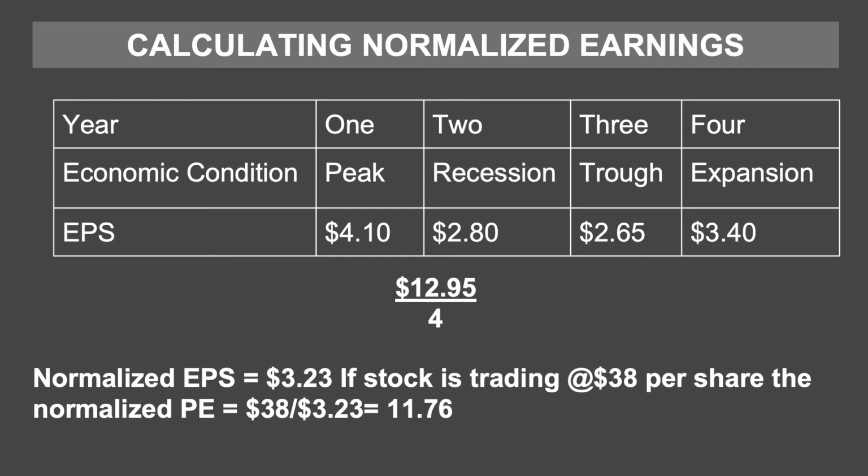The GDP is the highest for this particular cycle, and the company earns $4.10 per share. In the second year, we enter a recession, and the earnings fall to $2.80 a share. In the third year, the economy bottoms out, and we see that the earnings per share reach their lowest level of $2.65. And then in the fourth year, we see that the economy is starting to pick up steam, and we see the earnings begin to rise at